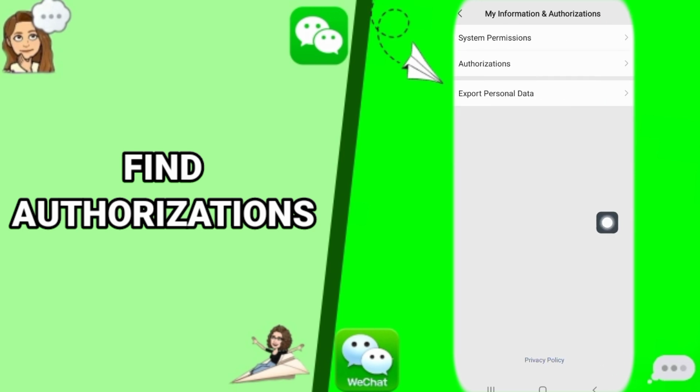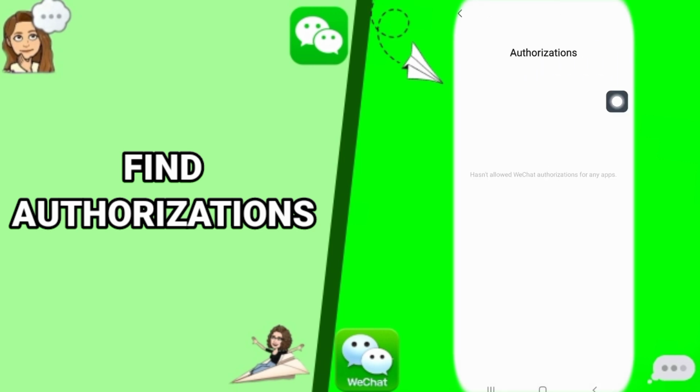Then you come to this window, you click on Authorizations, then you come to this window, and here you have it. If you have authorization for any apps, you will find it in this window. I don't have any authorizations for any apps, so